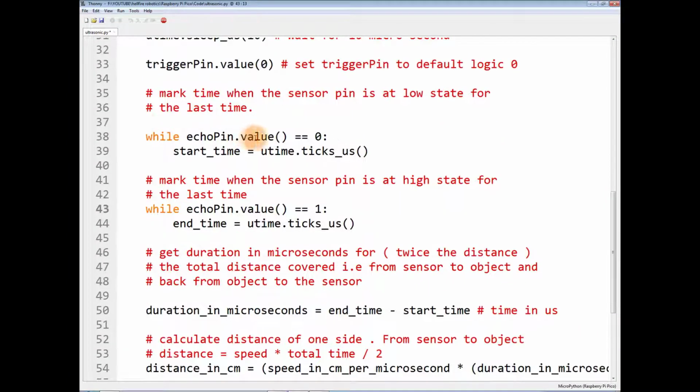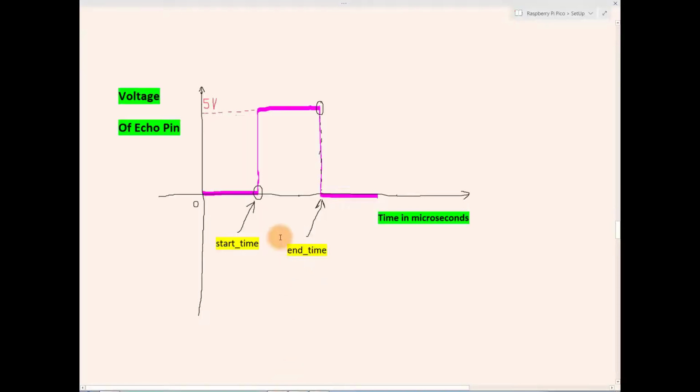So you will make a while loop: while echo pin dot value is equal to 0, then start time is utime dot ticks underscore us, this function. What this function will do is make a time stamp when the echo pin is at logic 0, and the while loop will ensure that the value which start time stores is this one.